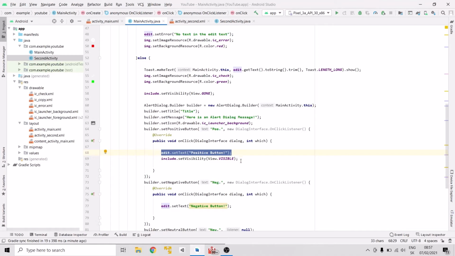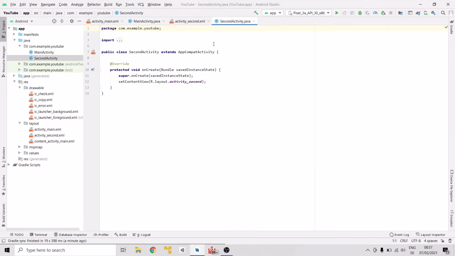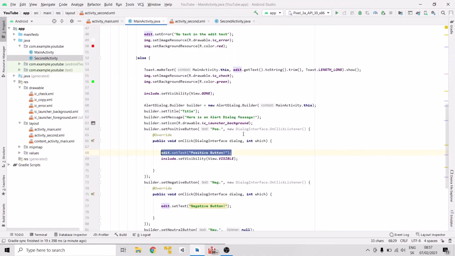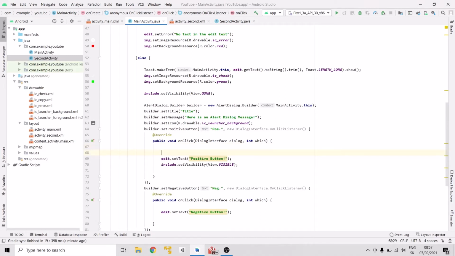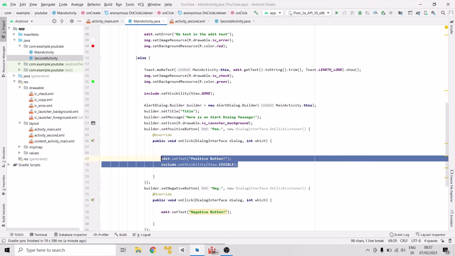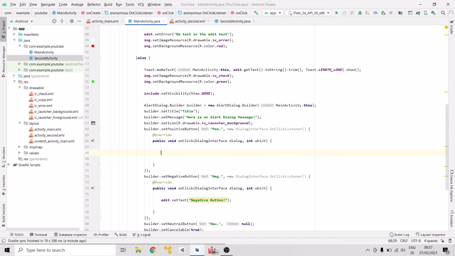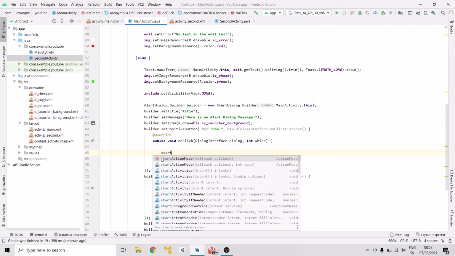Okay, so let's get to it. And here is our second activity. Here is main activity. So I will make this super hard program. So delete this and start